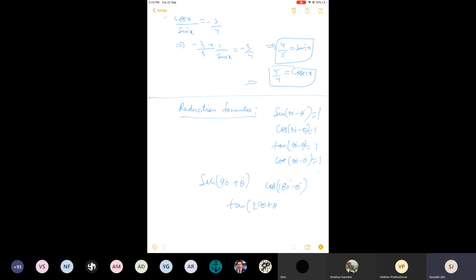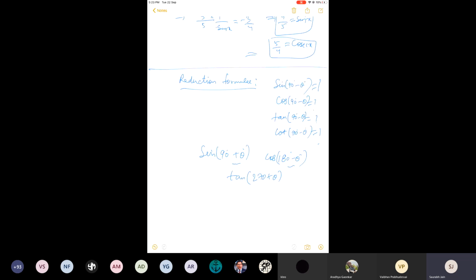There can be plus or minus, right? Try to understand this. Here it will be some angle, say theta. And apart from plus or minus and theta, what will be before this sign, plus or minus? It will be a multiple of 90. See, 90 into 1 is 90. 90 into 2 is 180. 90 into 3 is 270.